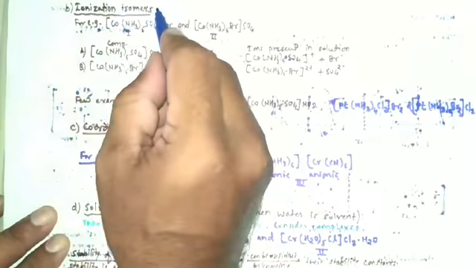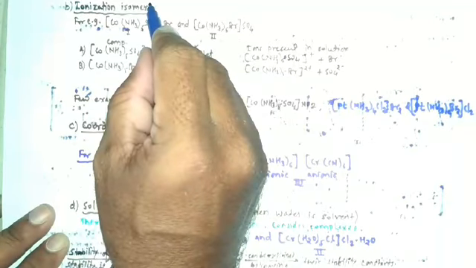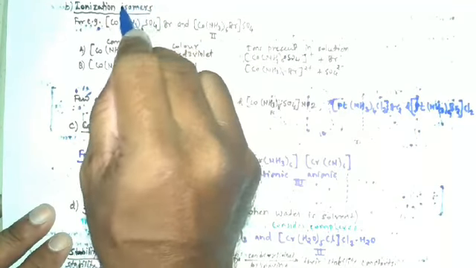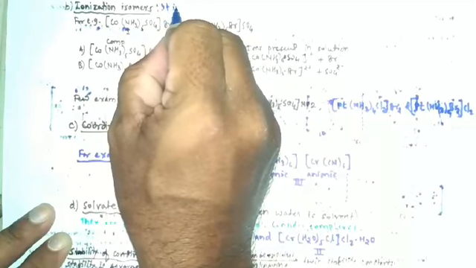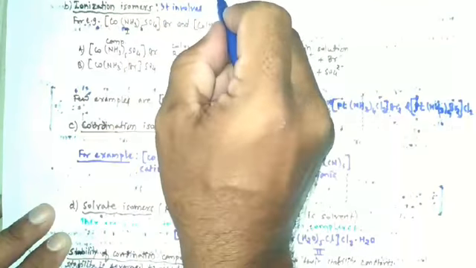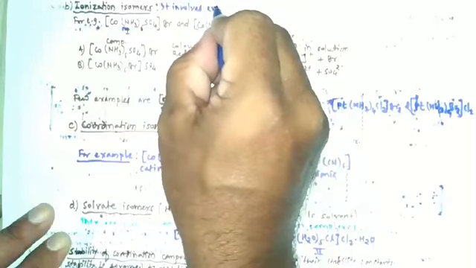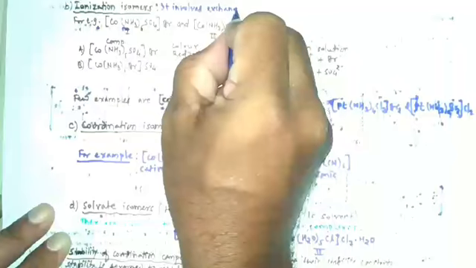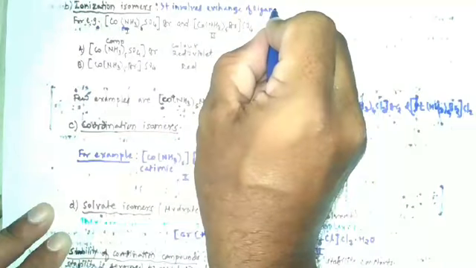In ionization isomers, it involves exchange of ligands